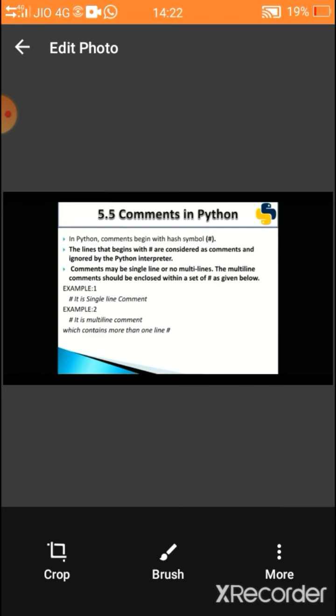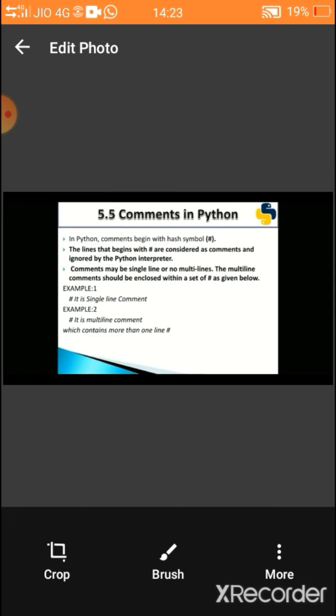Look at the example. If it is a single line comment, use a single hash symbol and write the comment. The next example is for a multi-line comment. For a multi-line comment, you begin with a hash symbol and end with a hash symbol.